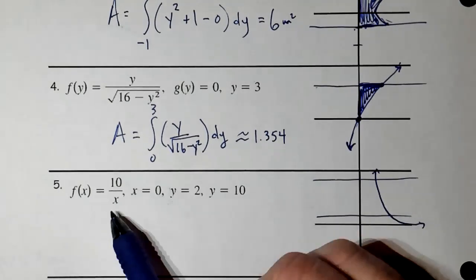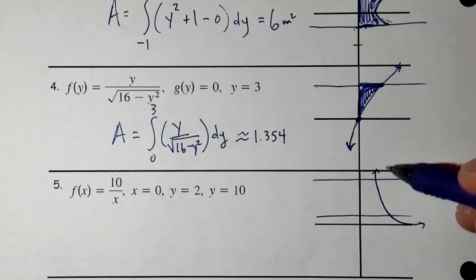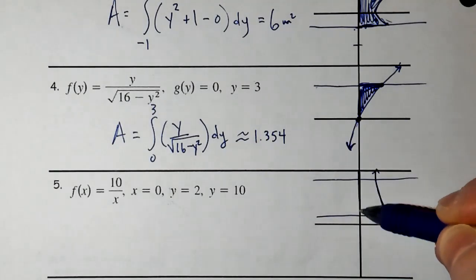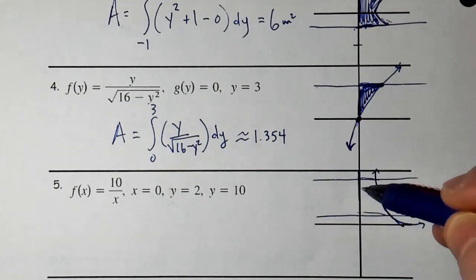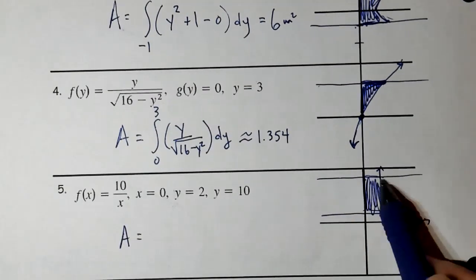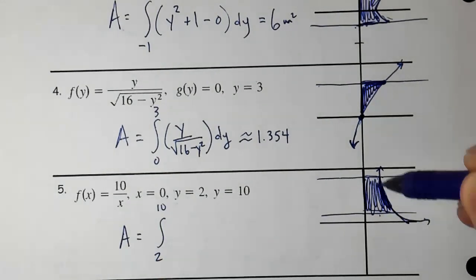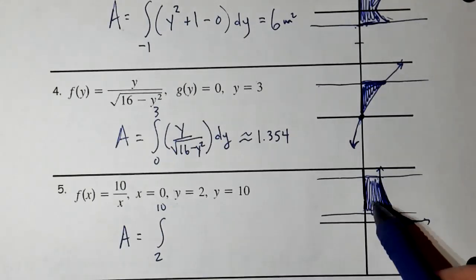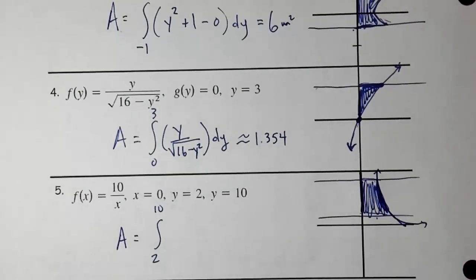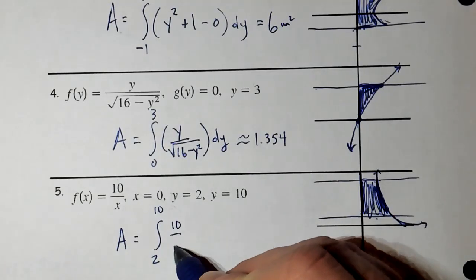Okay. Looking at all 4 of these equations, it's what is enclosed by those 4 equations. Well, this is my 10 divided by x. This is my x equals 0. This is my y equals 2. And this is my y equals 10. So we're talking about this area right here. And so that's going to be the boundaries 2 to 10. And then your rightmost function minus your leftmost. Well, in these instances, it's going to look similar to a disk method, if some of you have worked ahead and looked at the washer and disks, when you're flush against what we're talking about. But this is just going to be 10 over